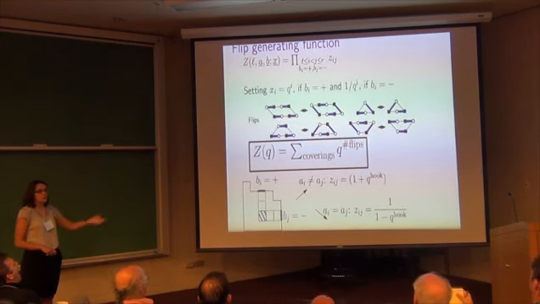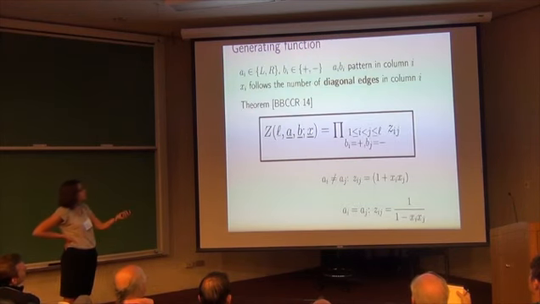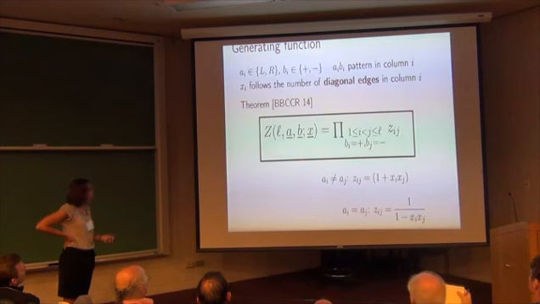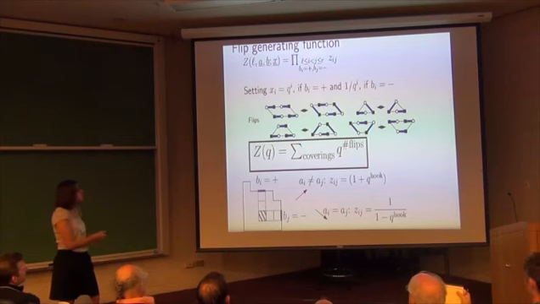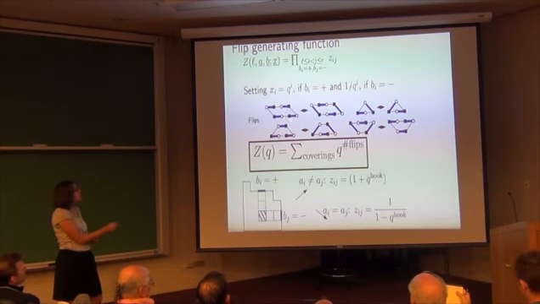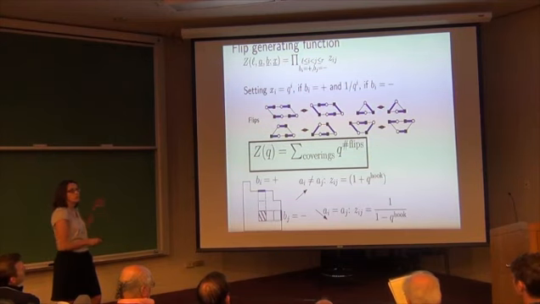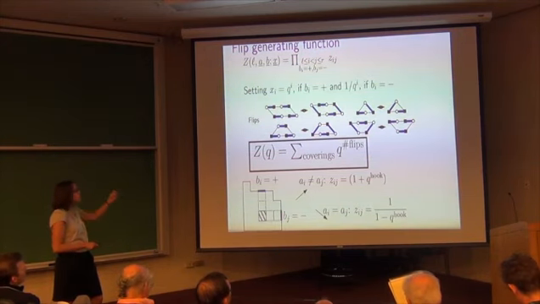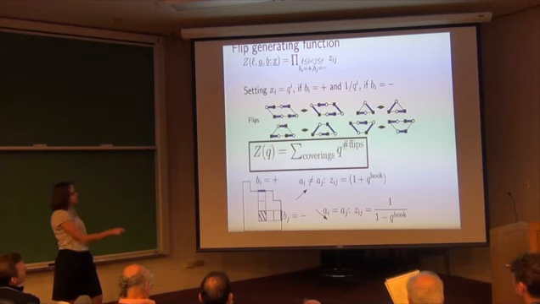So before I was interested in the flip generating function. What I gave here is a generating function that just follows diagonal edges. But you can get back the flip generating function. So let me first tell you what a flip is in that setting. It's an example. A flip can be on a face where half of the edges are chosen. So here I chose these 4 edges in that face of degree 4. And I just exchange them: the edges that were not chosen are chosen now, and the edges that were chosen are taken. So if I flip this face, I get this one. If I flip this face, I get this one. If I flip this face,